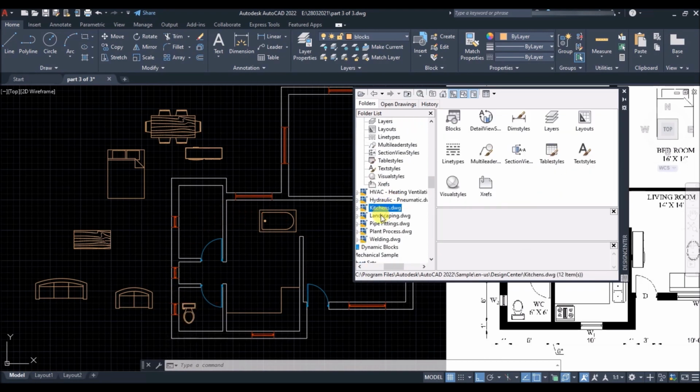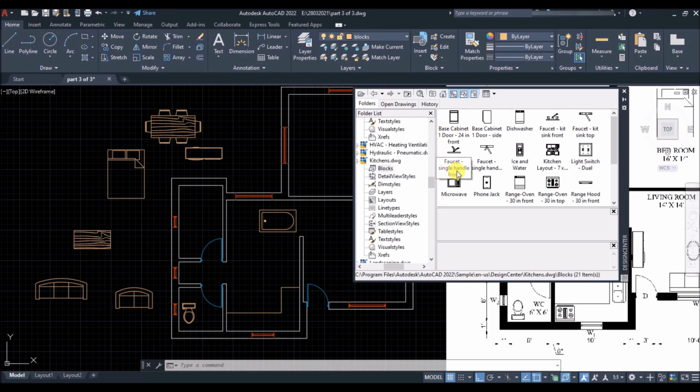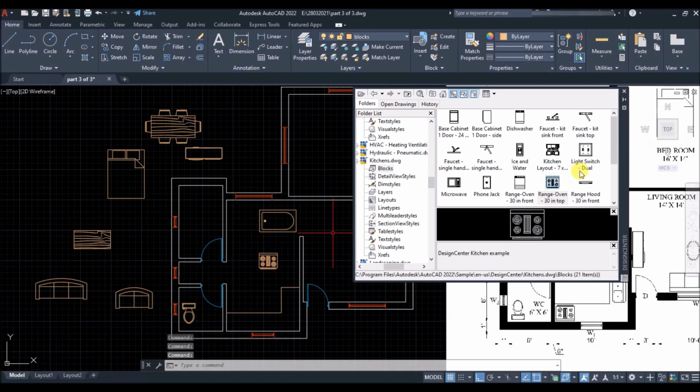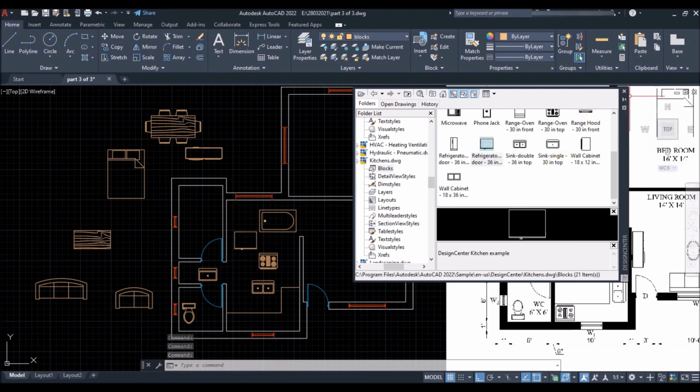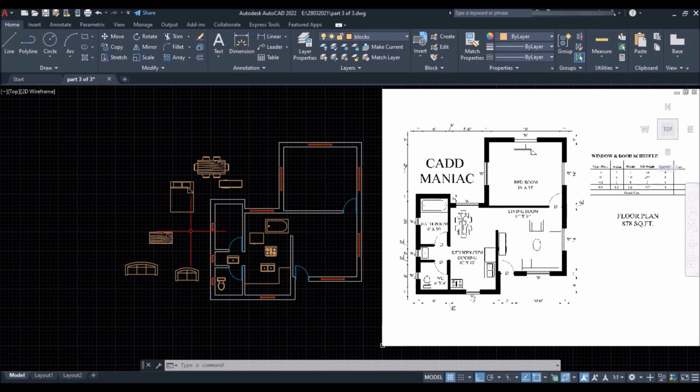Then kitchen, blocks again and then drag as shown. So that's all. Now I'll close the design center window.